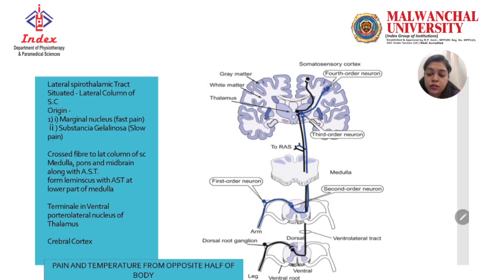Then the fibers cross to the lateral column of the spinal cord, then it goes through the medulla, pons and midbrain with the anterior spinothalamic tract के साथ में जाता है अपोजिट में क्रॉस करके, and then it goes at the lower part of the medulla and again it terminates in the ventral posterolateral nucleus of the thalamus, and then it goes to the cerebral cortex, और इसका मेन फंक्शन होता है पेन एंड टेम्परेचर जो अपोजिट हाफ ऑफ द बॉडी है उसके सेंसेशंस को कैरी करना।